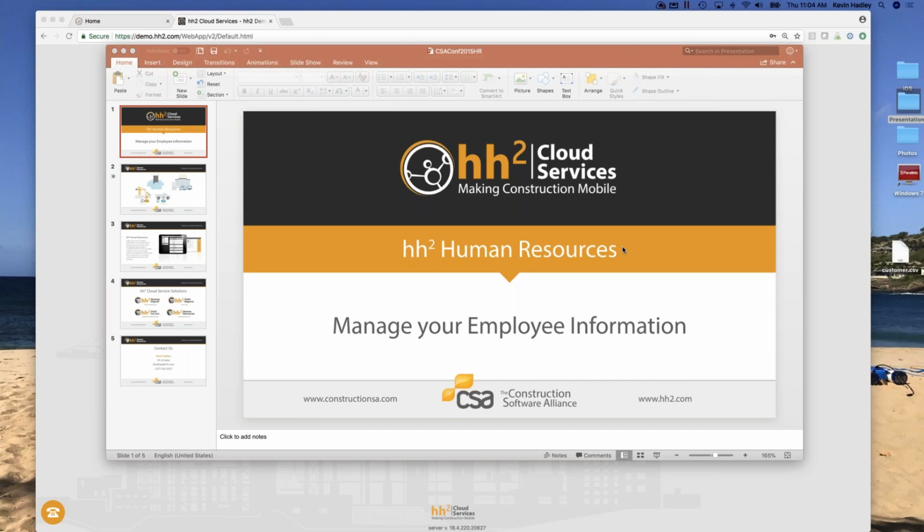Now, for this particular product that you're taking a look at today, it does only integrate at the present time with Sage 300 CRE or Timberline. If you are a Sage 100 customer, you're welcome to take a look, but this particular product that we have at hh2 does not integrate with Sage 100, only Sage 300 CRE or Timberline.